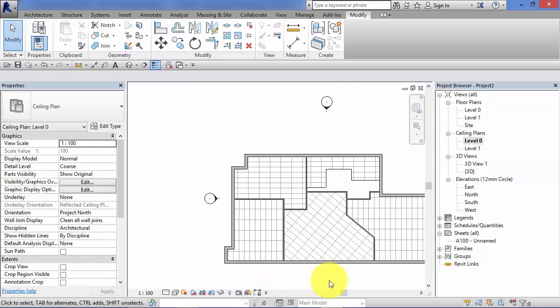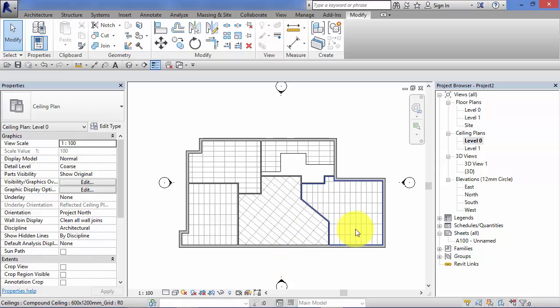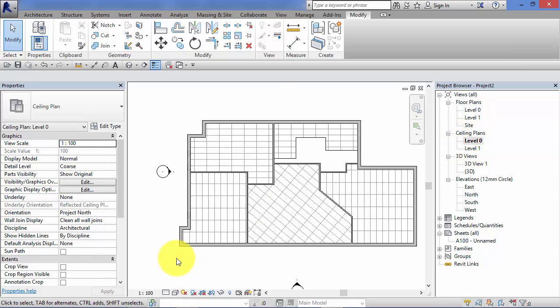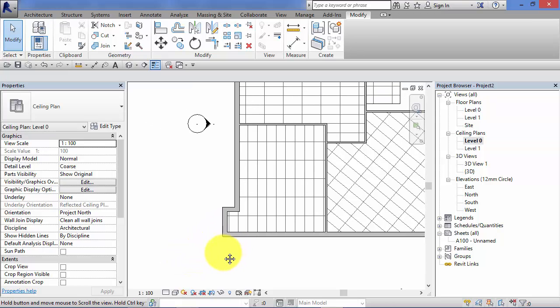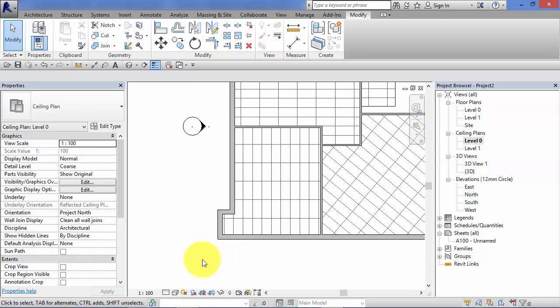So I'm going to work with the model that we previously created. So here are our suspended ceilings. I'm looking up at the model in a ceiling plan view from the ground floor. The first thing we need to do, if we haven't got any ceiling fixtures in our current project, is to load them in. So I'm going to go to the Insert menu,